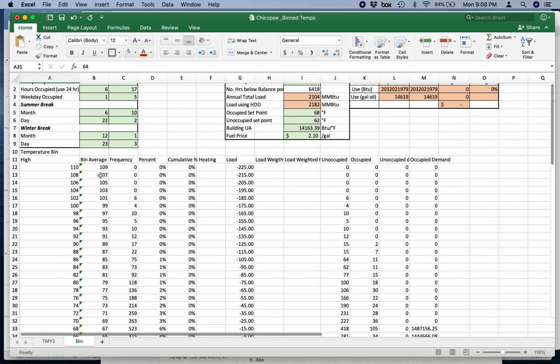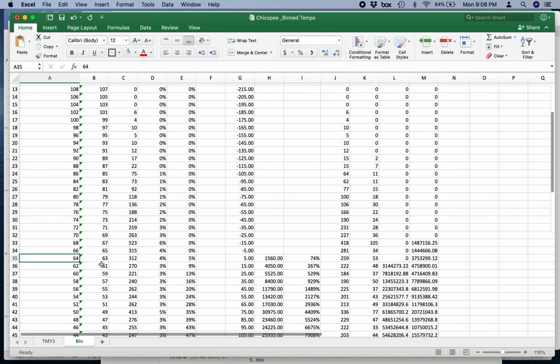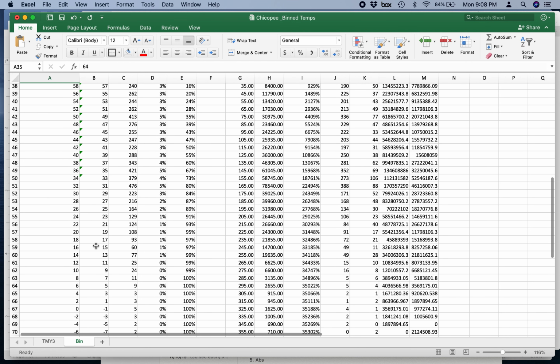But eventually we're going to get ourselves a histogram of the frequency of occurrences. So for instance, we can see that, if the bin is between 16 and 18 degrees, that is to say the average temperature of that bin is 17 degrees, then the number